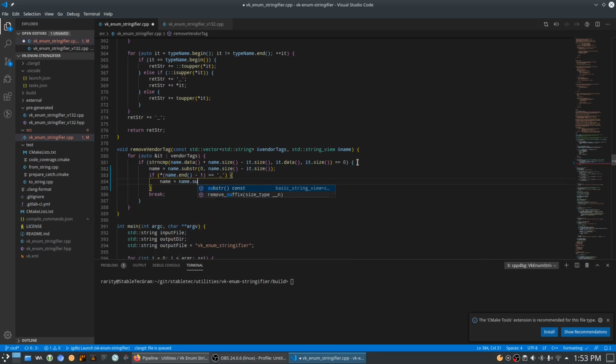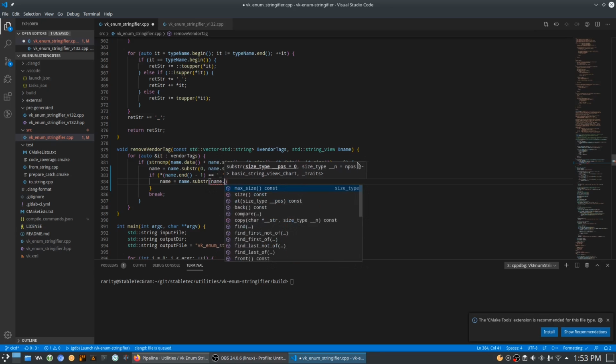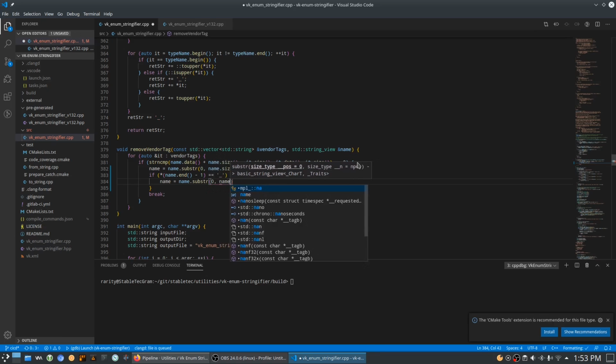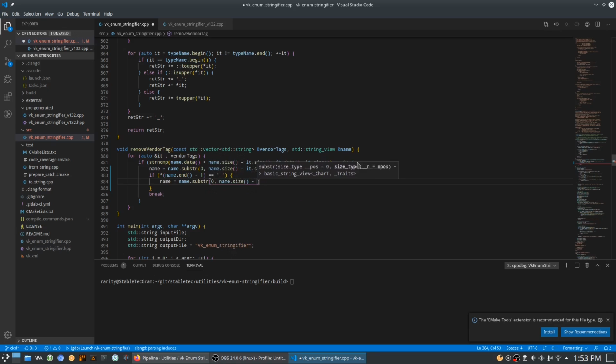So name.substring(0, name.size - 1). Otherwise, we can just reuse it for